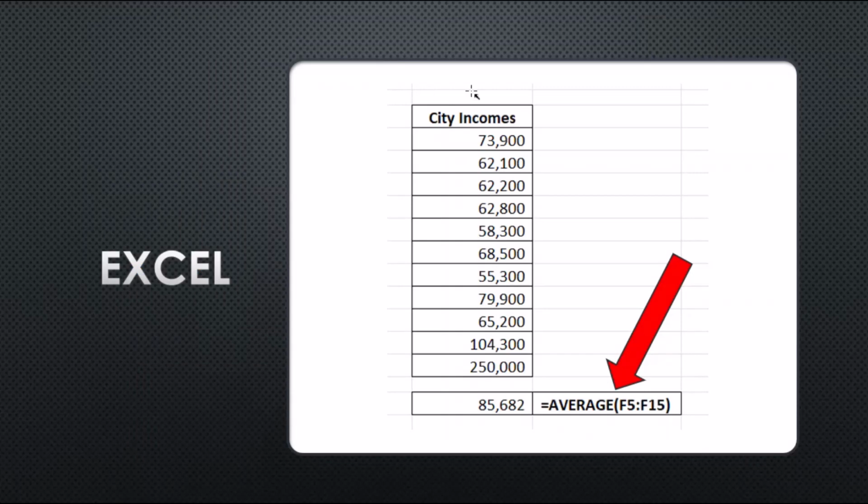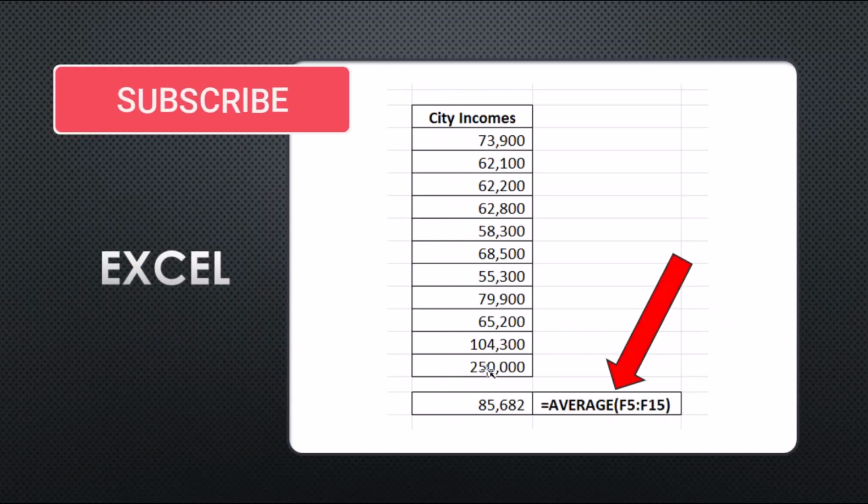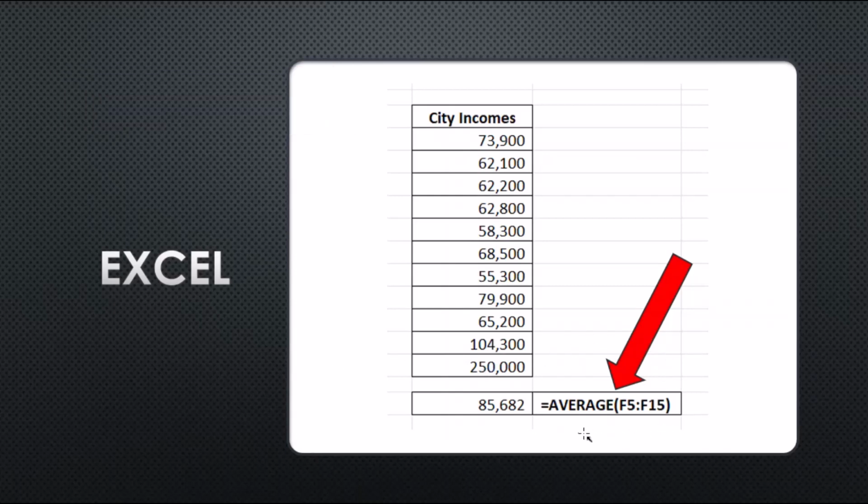Now, we took all those numbers and put them into Excel, and here you'll see the numbers. We can very easily calculate the average in Excel by just putting in equals. We're putting it in this square, or this rectangle, this cell, they call it, for Excel. We put equals, and then we say we want it to equal the average of these numbers. This happens to be column F, F5 through F15. So by putting equals average, highlighting this in Excel, it gives us the average.